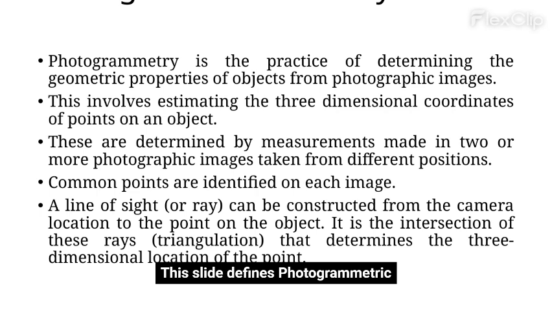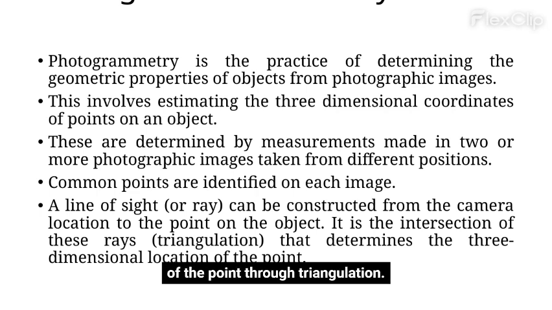This slide defines photogrammetric survey as the practice of determining the geometric properties of objects from photographic images. It involves estimating the 3-dimensional coordinates of points on an object by measurements made in 2 or more photographic images taken from different positions. Common points are identified, and lines of sight are constructed to determine the 3-dimensional location of